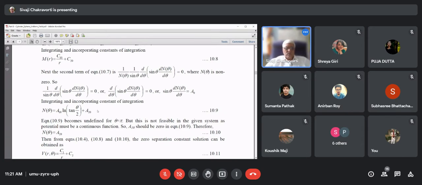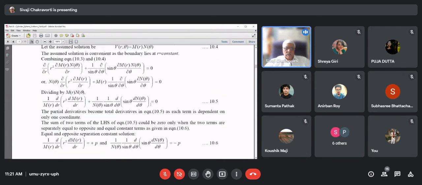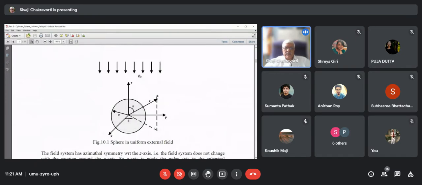Because we look at this. When theta is equal to pi, that means this r is just at the bottom. But at that particular point, field is not undefined. We have a field. I repeat, if theta is equal to pi, so rotate the r. You come at the bottom, opposite to positive direction of z. At that location, field is not undefined. Therefore,